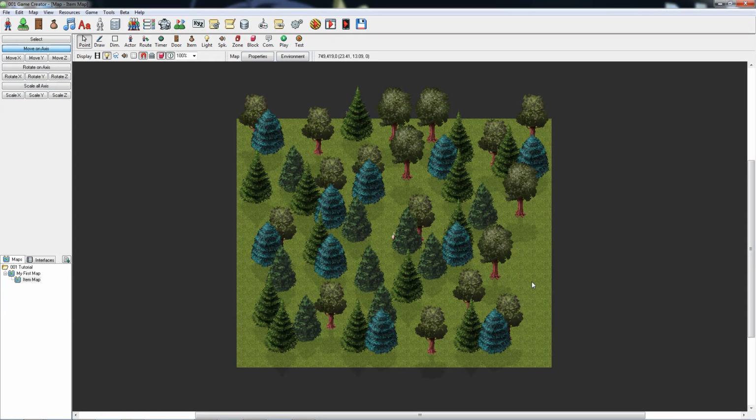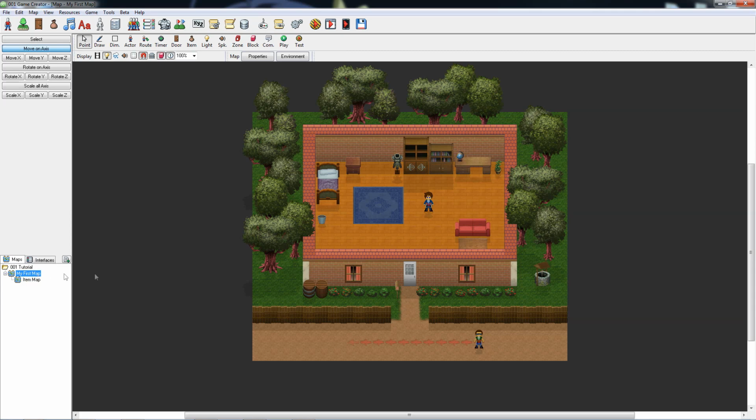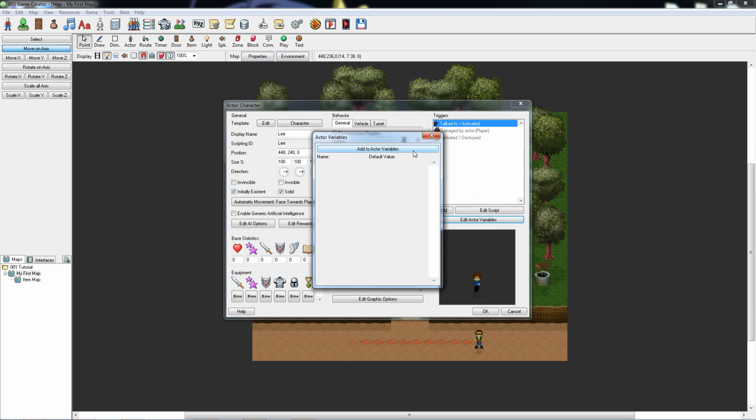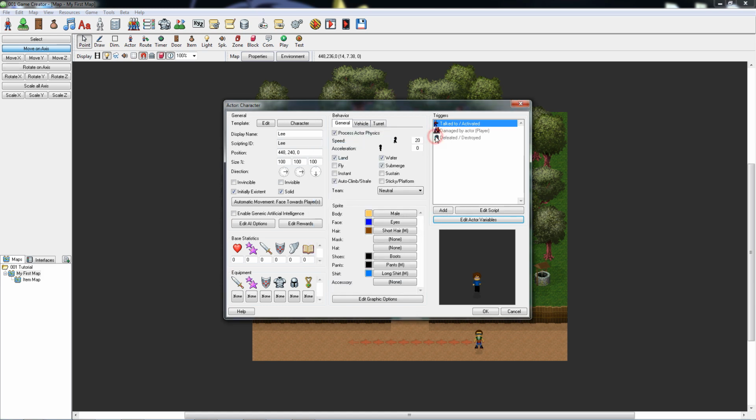Now it's time to make our first quest. Select My First Map from the Maps panel, and with the pointer tool selected, double-click on the NPC inside the building. Click on the Edit Active Variables button, and then click on the Add to Active Variables button to create a new active variable. Name the variable Item Quest, and leave the default value as 0. Click on the cross to close the Active Variables window, and then double-click the Talk to/Activated trigger to open the